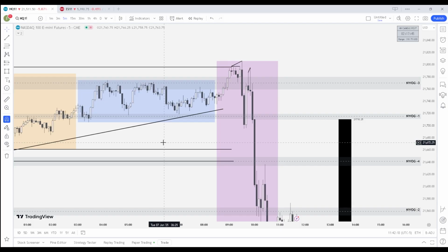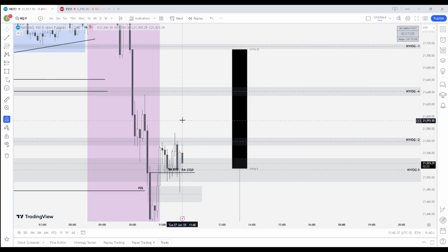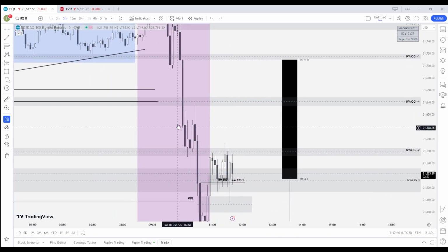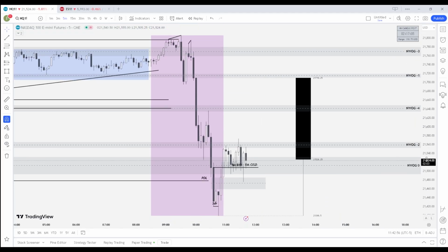It never gave the entry, but that's absolutely fine. It's part of trading, and I have to be okay with missing these moves, right? I don't want to chase the entry. I don't want to just enter some low quality setup down here out of FOMO, because in the long run that's not gonna be helpful. So yeah, that's about it for today. I was just staring at the charts and watching the move play out.